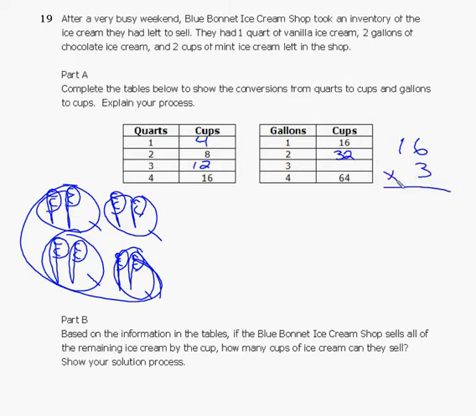3 times 6 is 18. And 3 times 1 is 3, plus 1 is 4. So that is 48. So 48 cups in 3 gallons. And then you can see there's 64 cups in 4 gallons. So we completed the table. That's the first part. The second part